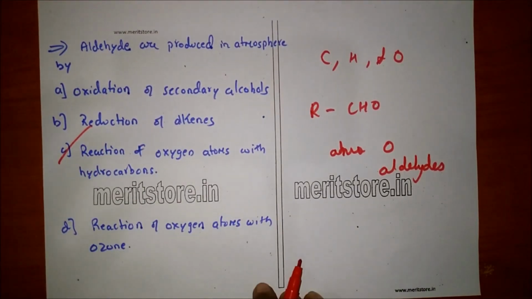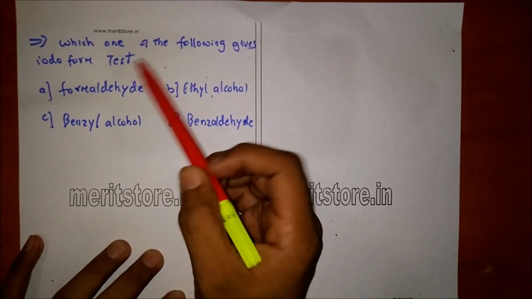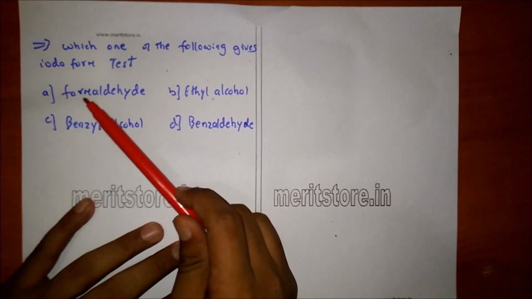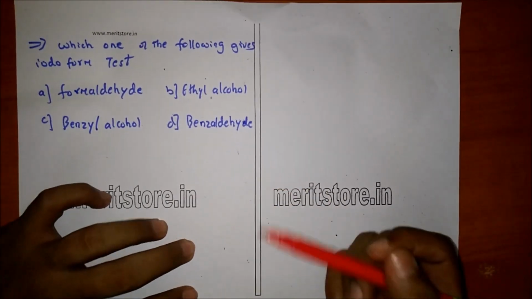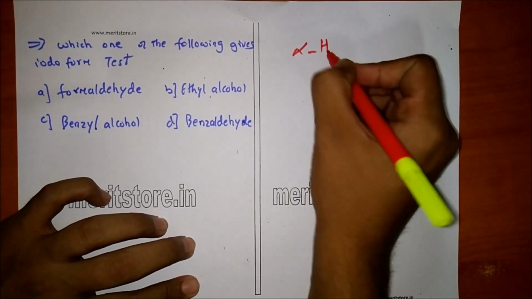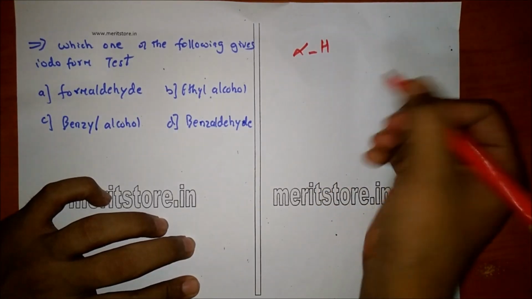Which one of the following gives iodoform test? A. Formaldehyde, B. Ethyl alcohol, C. Benzyl alcohol, and D. Benzaldehyde. Now the compound having alpha hydrogen atoms will give iodoform test positive. Now ethyl alcohol